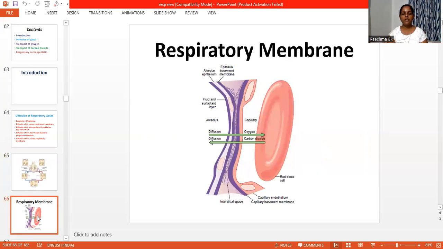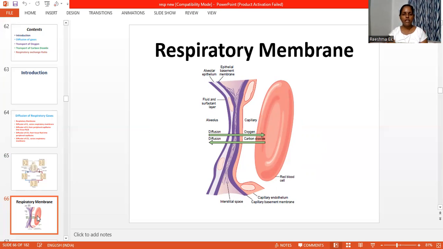Next is about the respiratory membrane. Respiratory membrane is a membrane through which gaseous exchange takes place. So gases are exchanged in between alveolar air and blood in the capillaries. So oxygen is transported from the lungs to the blood. Oxygen diffuses from the alveolar air into the blood in the capillaries, and carbon